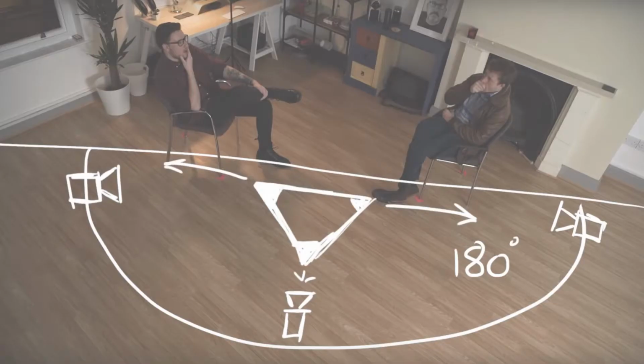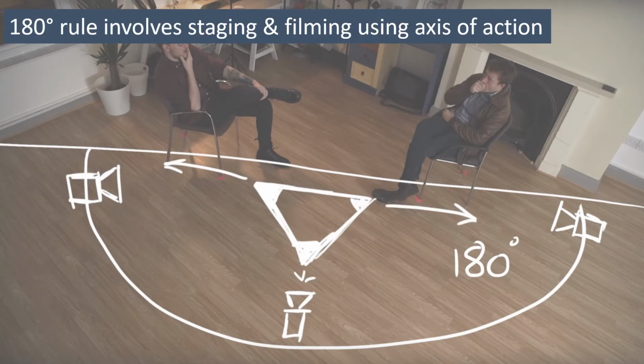In order to maintain graphic, spatial, and temporal continuity between shots within the same scene in a movie, the staging and filming of those shots follow the 180-degree rule, which establishes an invisible line known as the axis of action, based on the sightlines and blocking for the characters whose actions the shot is depicting. In this example, the action is the conversation between the two people sitting in the chairs.